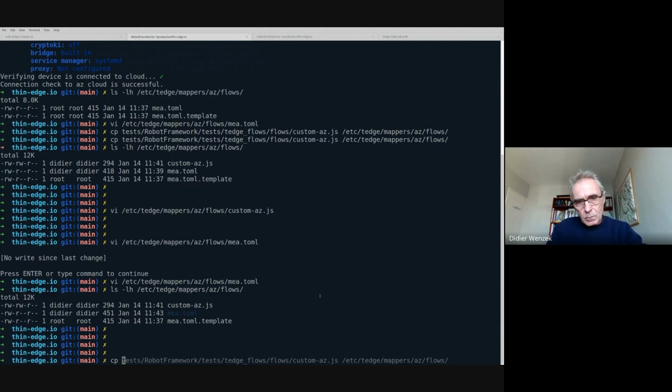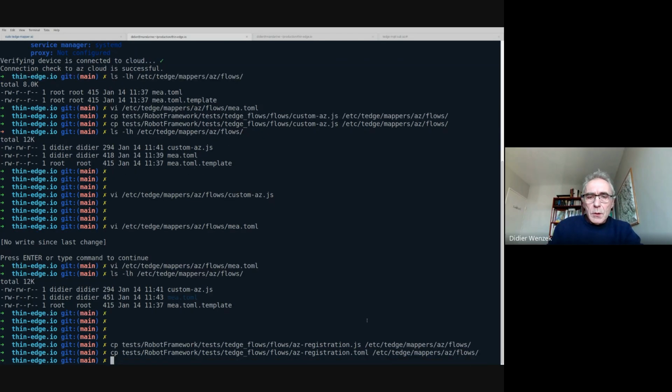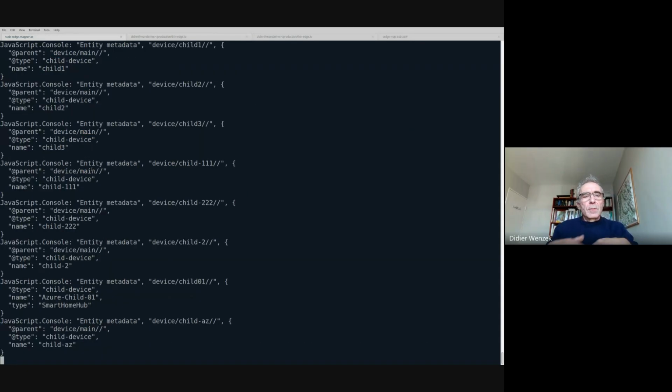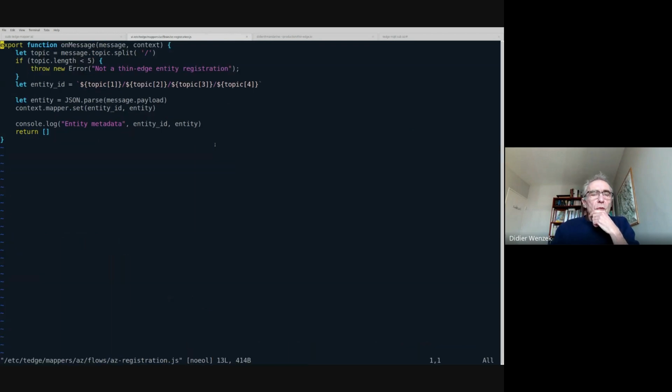First, adding the script, then adding the flow. So I'm just looking at the log. I will see plenty of messages pushed to the log. This is because the side effect of the script is pushing data to the log, the JavaScript. So the script is consuming messages